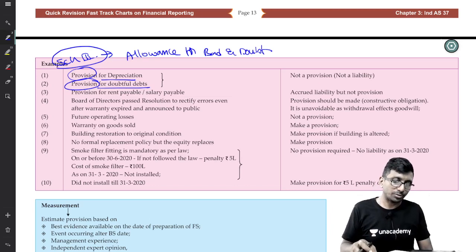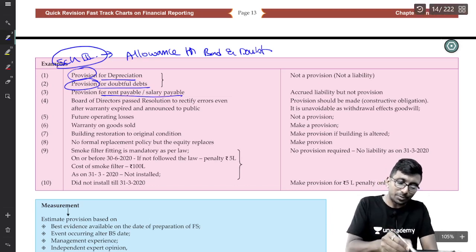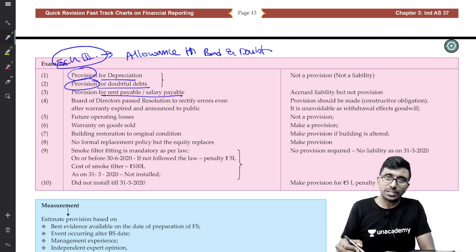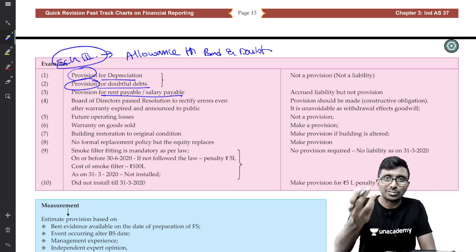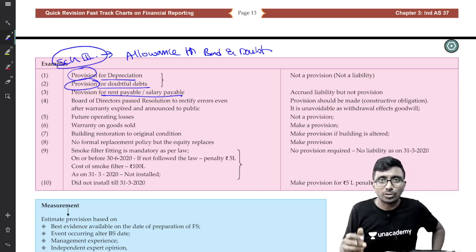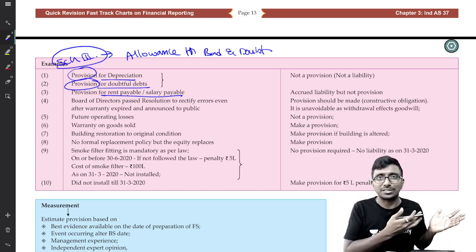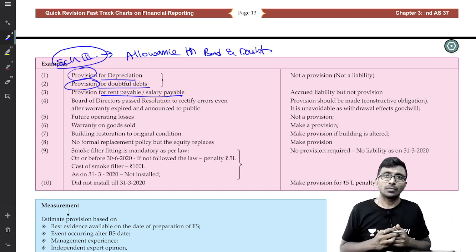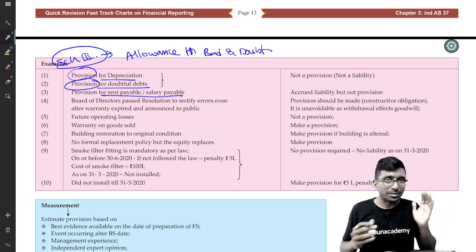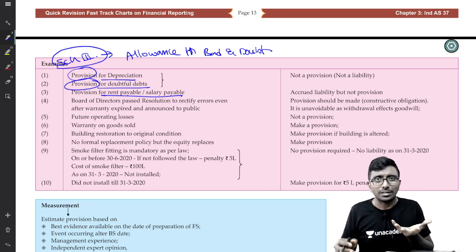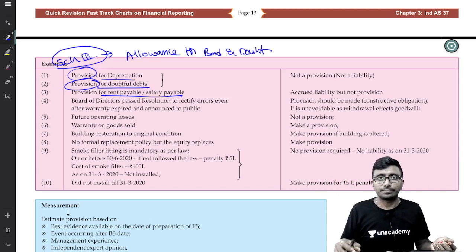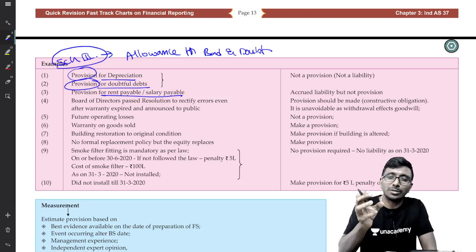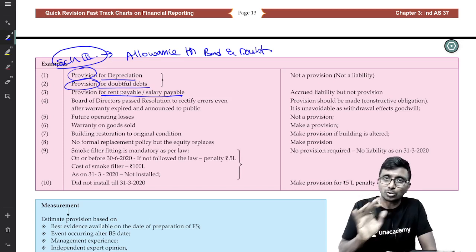I hope you understood. Next, provision for rent payable. Can I say that? No, you shouldn't. Why? Provision for rent payable, salary payable. You know how much rent you are supposed to pay, how much salary you need to pay. Don't you know how many days the employees have worked in March? What is the rental amount payable as per the agreement? I know very clearly. Then why should I say it's a provision with an uncertain amount? Where is the uncertainty here? It is very clearly known. So these are supposed to be called accrued liabilities or outstanding liabilities, but should not be called